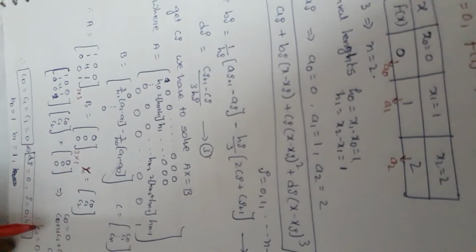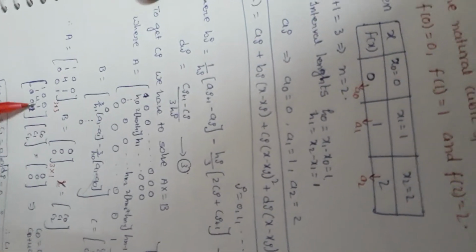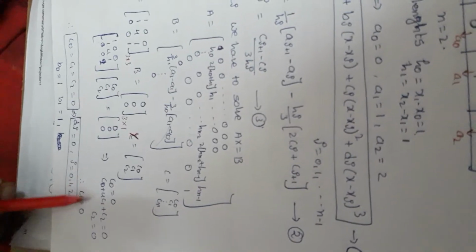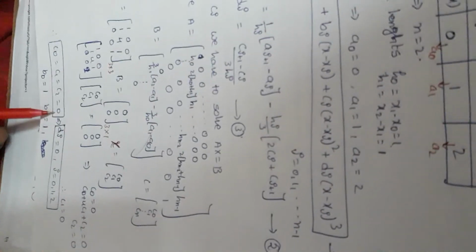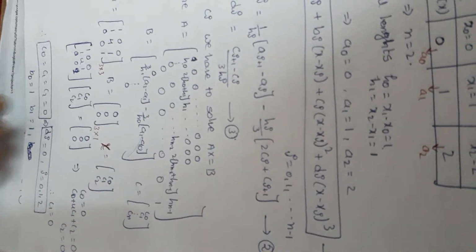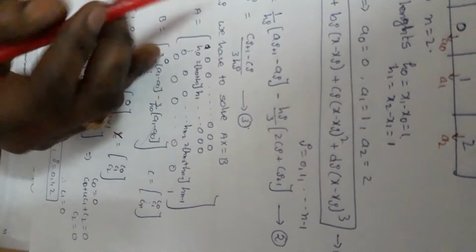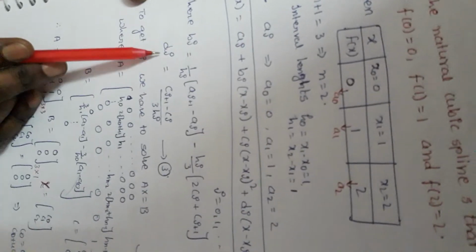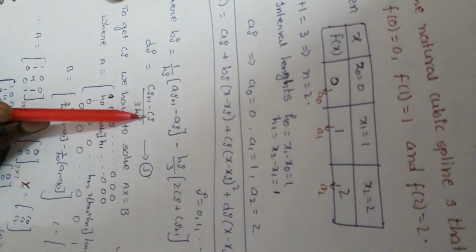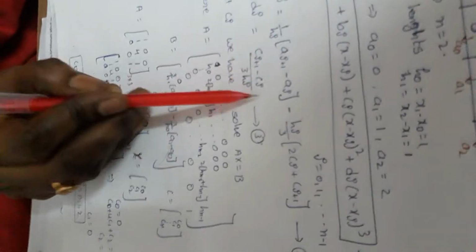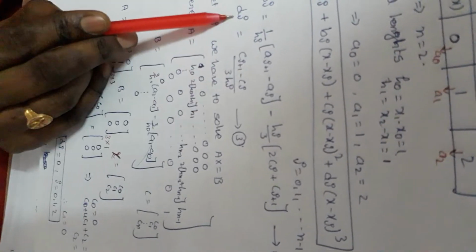If you simplify the equation, C0 is equal to 0. Second equation, C0 plus 4C1 plus C2 is equal to 0. C2 is equal to 0. So if you simplify here, we get all three C0, C1, C2 equal to 0. So when you get C values, automatically we can get all values dj, bj. If you observe dj, if you take j is equal to 0, d0 is c1 minus c0, all values 0, na? So d0 also 0, d1 also 0.